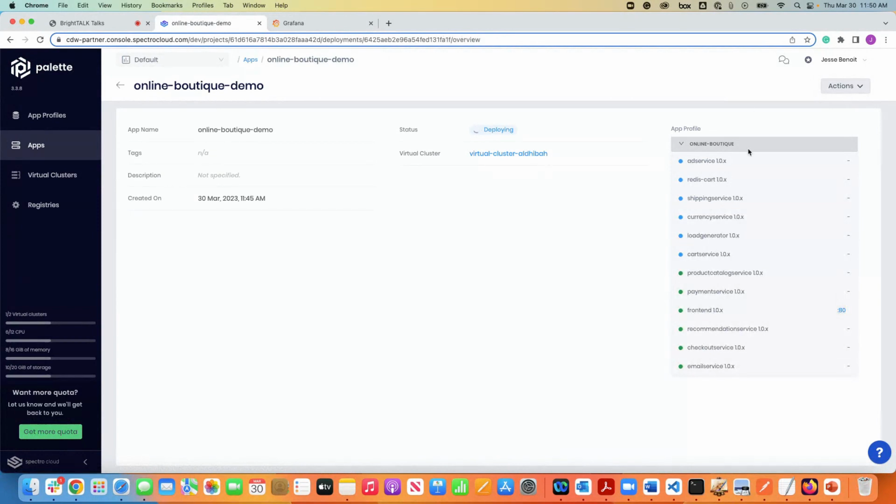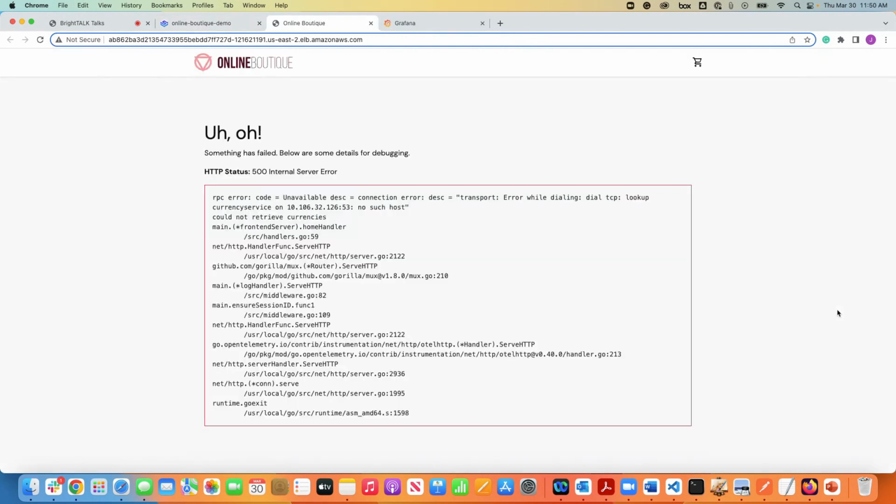And then port 80 there. Looks like we should be able to. I'll just point that out here. Another cool thing is as we deploy, you can identify what's the status of your app or layer. So here you see what's green and what it's working on. So we'll just go ahead and take a look at that front end and something has failed.